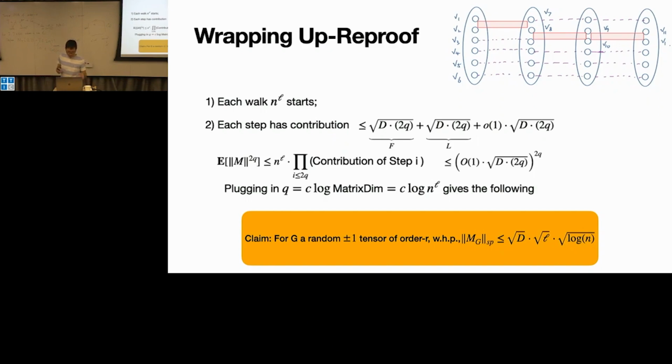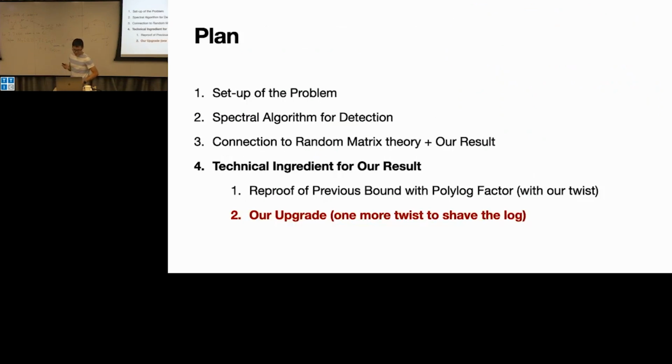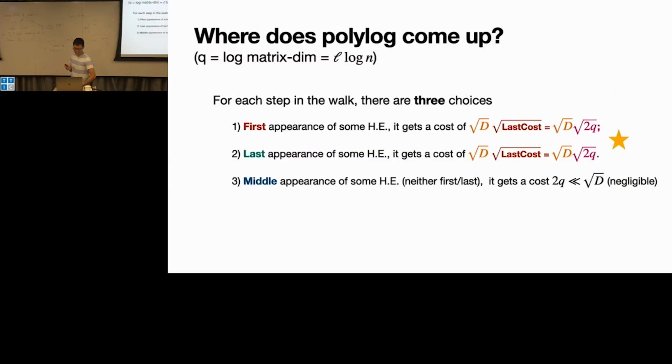I have to give that up. So let me skip through these. I think we are really just observing here that using the trace method, you can recover the lossy bound from NCK, and it also pinpoints to us that if you want to improve the dependence on the factor 2Q, you are trying to improve the combinatorial cost for an edge appearing for the last time.